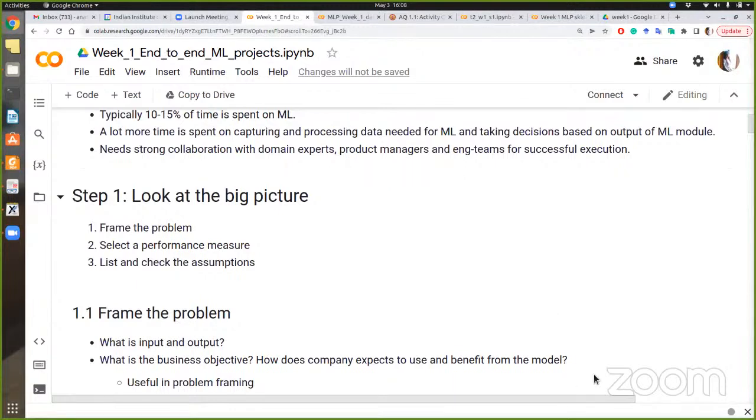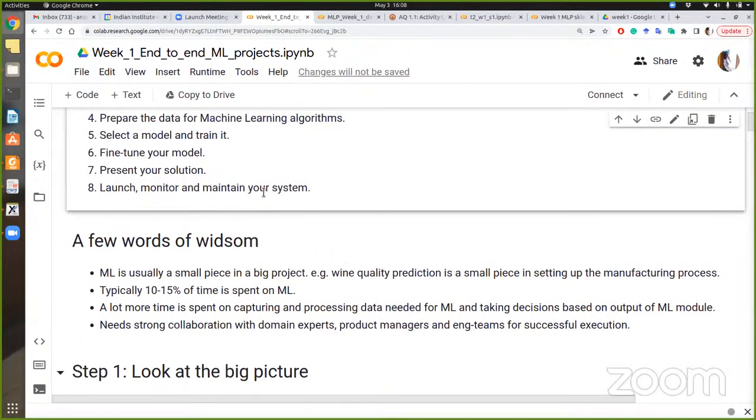Okay. Ma'am, I have a question. Yeah, please. Ma'am, why does the model require maintenance? Okay, so maintenance,